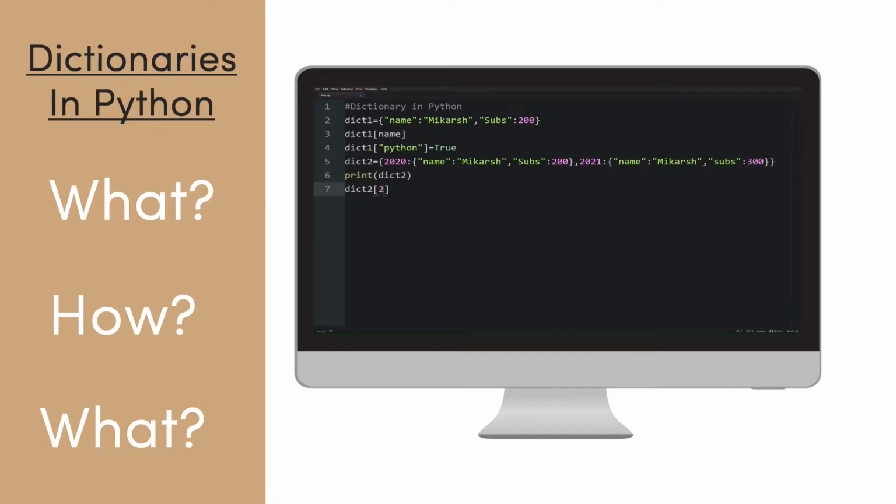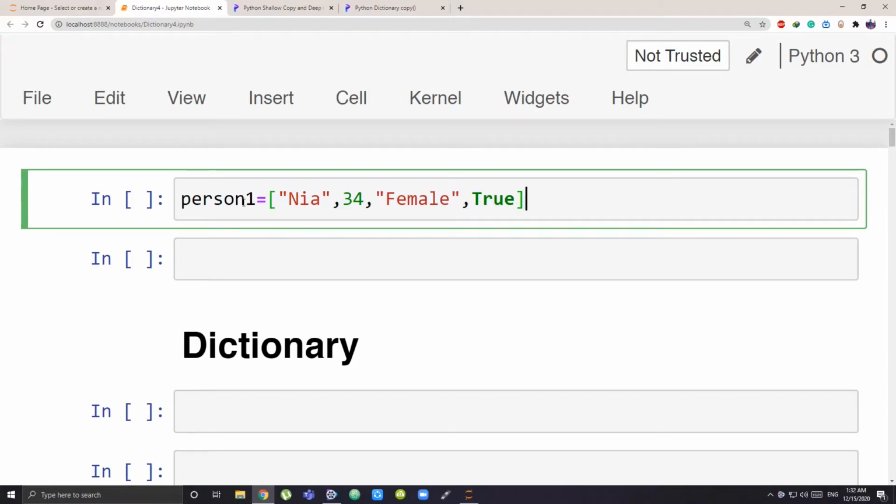So, let's get started. Now what you can see here, this is a collection of data. It is having more than one elements together, and all of this is a different data type. Like the first element is a string, that is text. The second element is an integer, number. Then here the last element is true. True means boolean. So this is a collection of data together. That's how it makes a list.